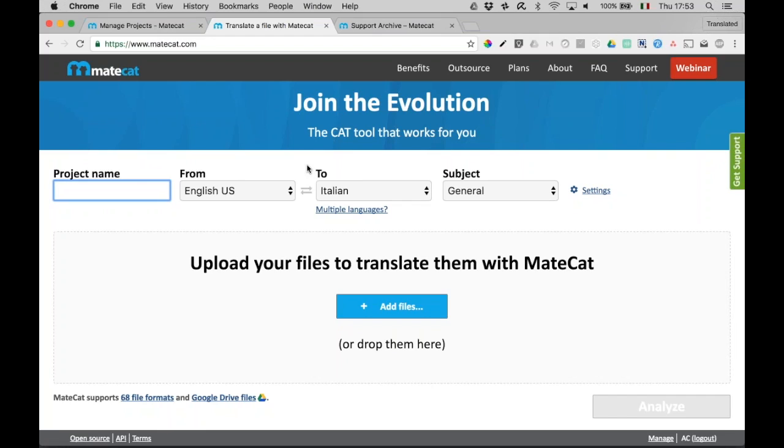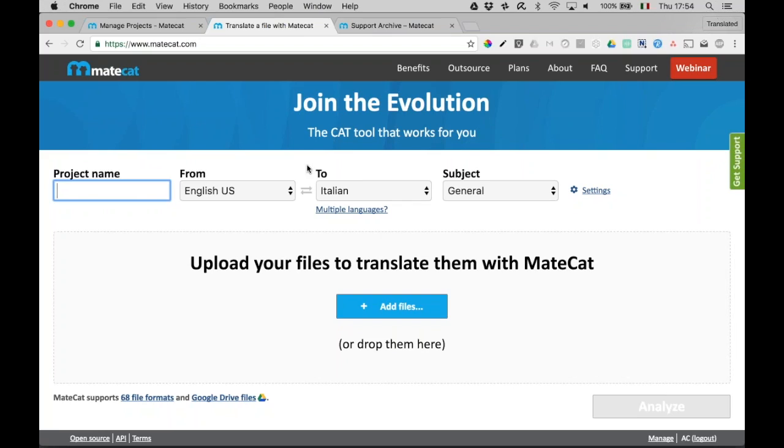So you can do that because when you get, in the same job, what we call the propagation of your translation. So if you get repetitions in the same job, MateCat automatically propagates the first translation to the others. However, when you get to the second segment, let's say the second identical segment, you can enter a different translation, and MateCat will display a pop-up window telling you if you want to accept a different translation for the same source. If you do that, you will have two versions, basically.